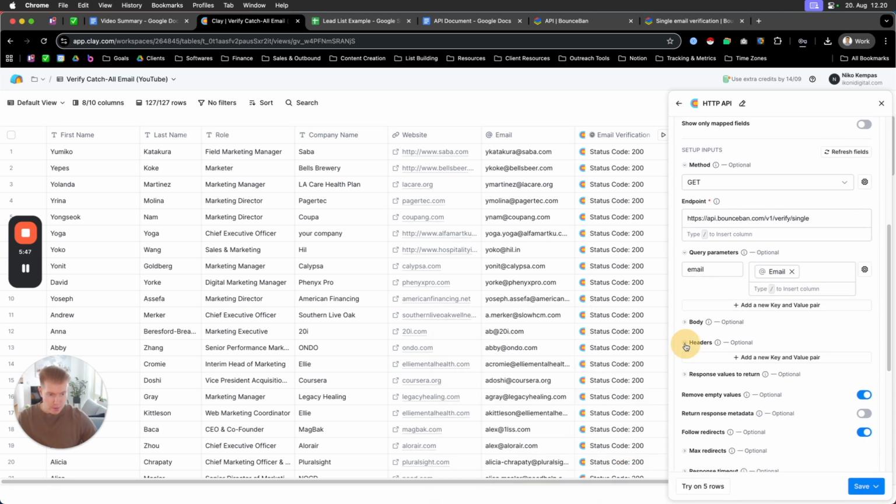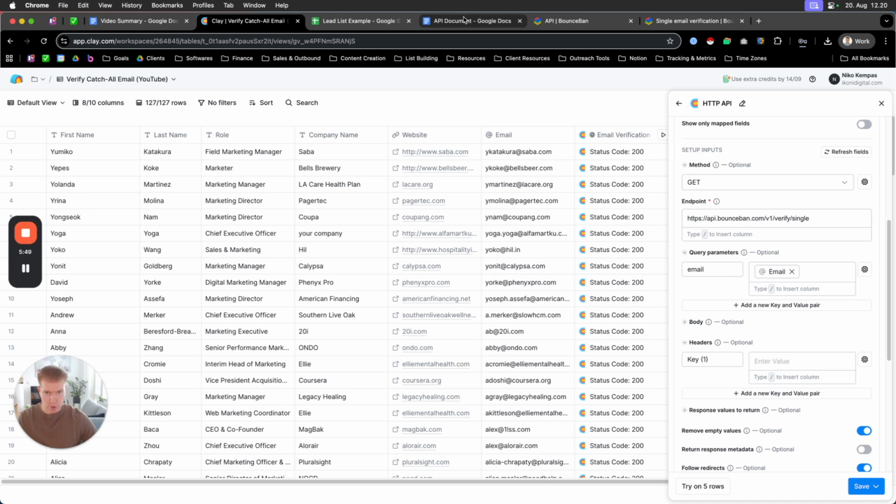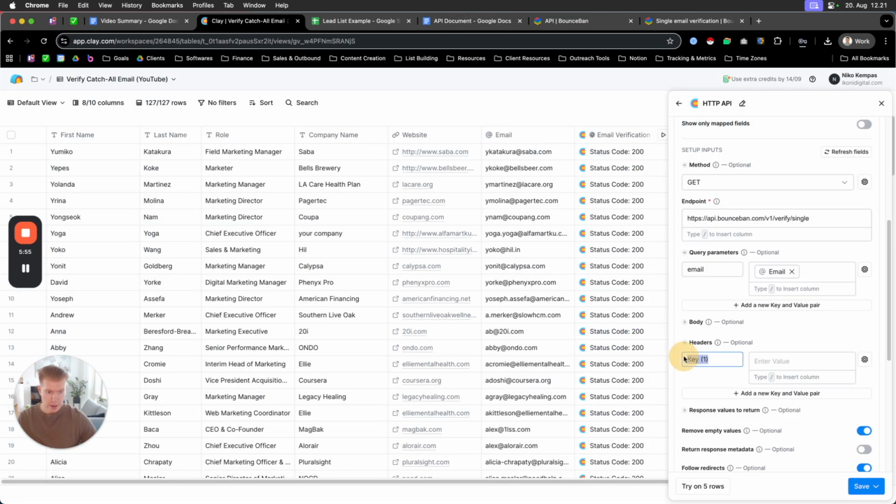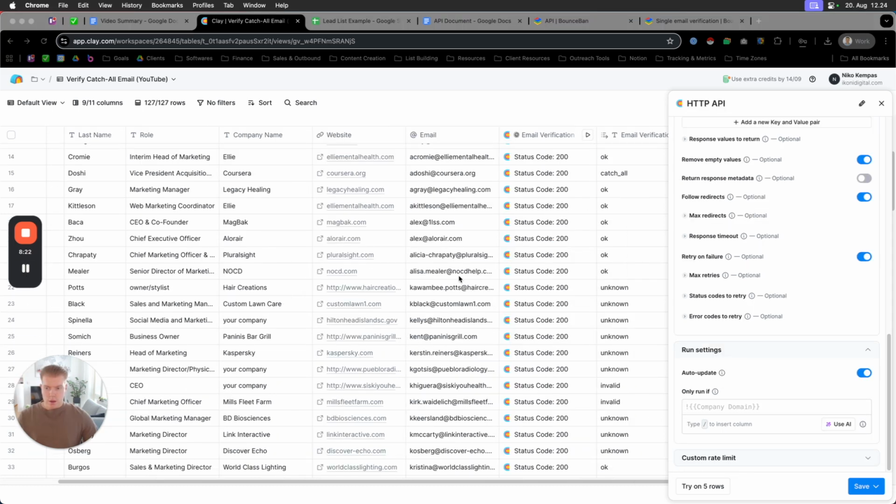And then for headers, you will put authorization, and then you will put your API key here, and then just save. So again, I will pause for a second to paste my API key there. Okay, so I just pasted my API key, and before you run this, one thing you want to do is